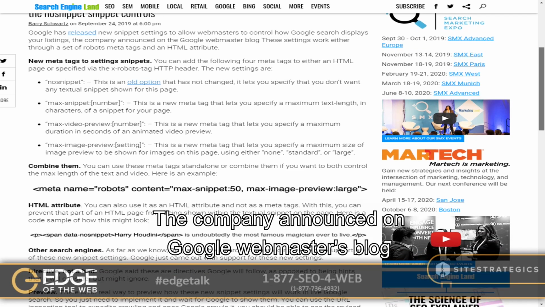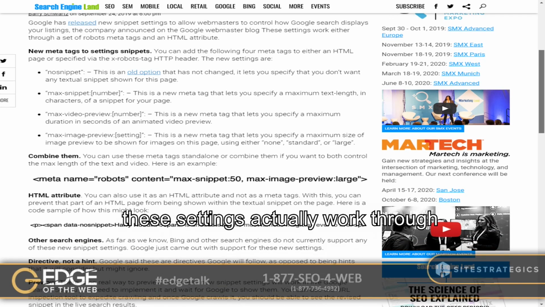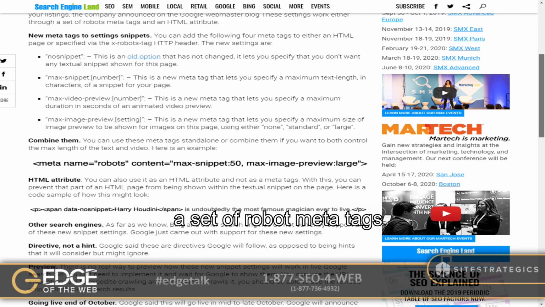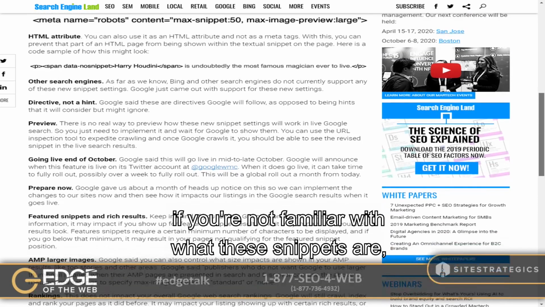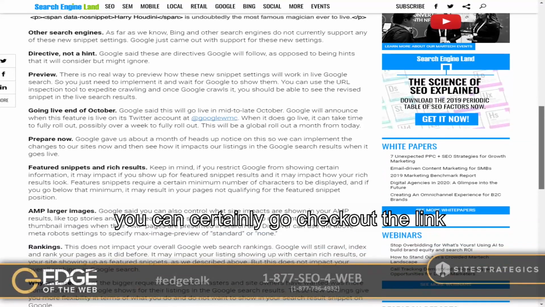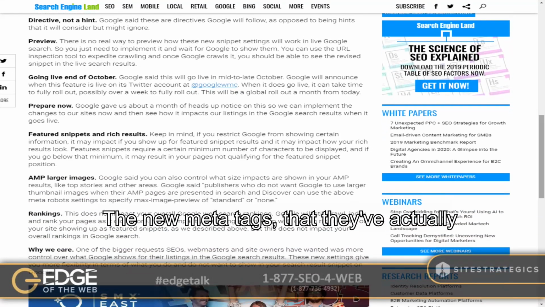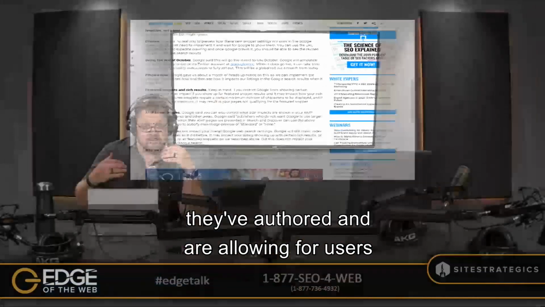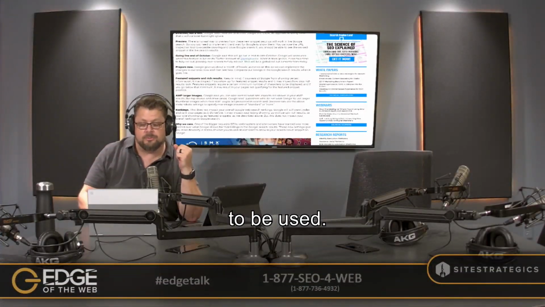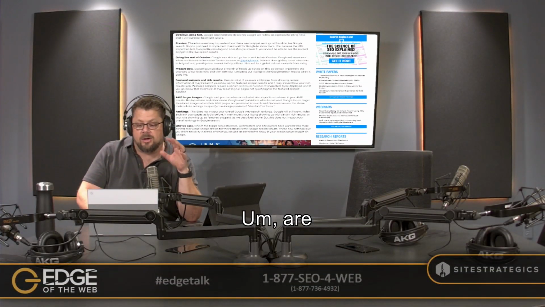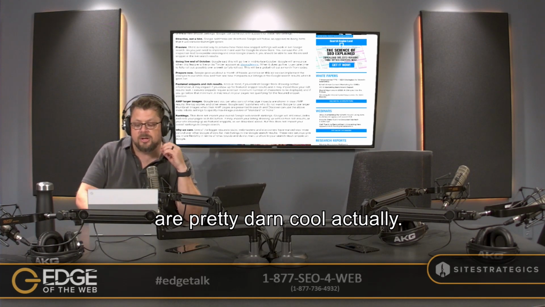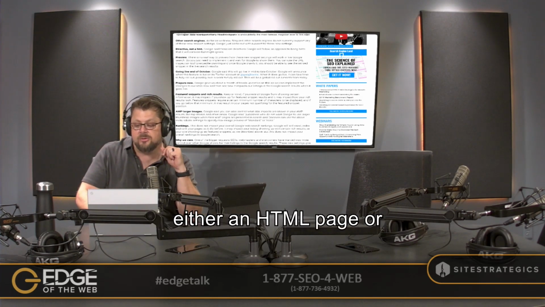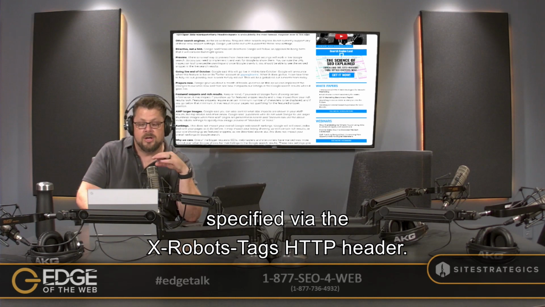The company announced on the Google Webmasters blog, these settings actually work through a set of robots meta tags and an HTML attribute. Now, if you're not familiar with what these snippets are, you can certainly go check out the link in the show notes here. The new meta tags that they've authored are pretty darn cool, actually. You can add 4 meta tags to either an HTML page or specify them via the X-Robots-Tag